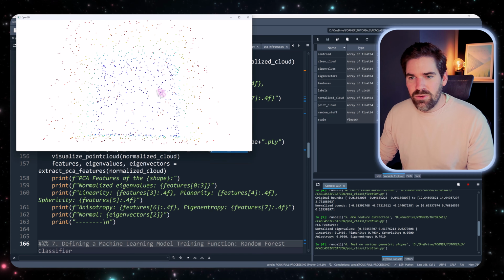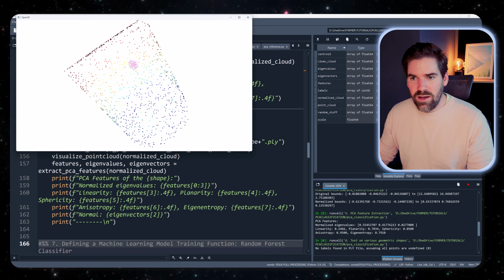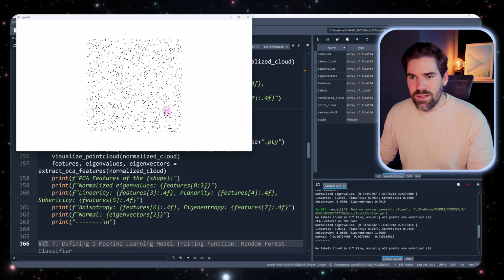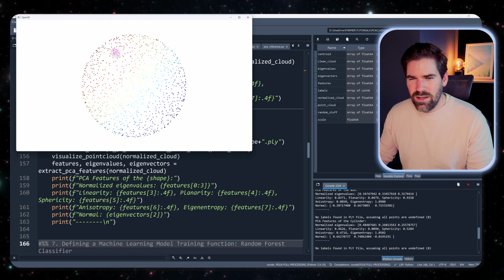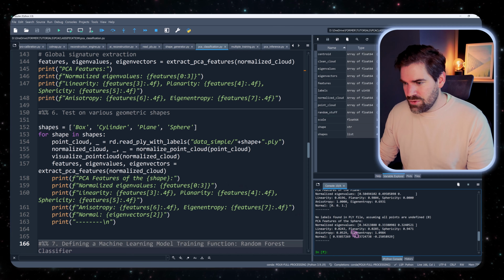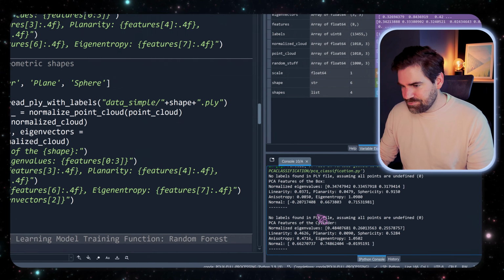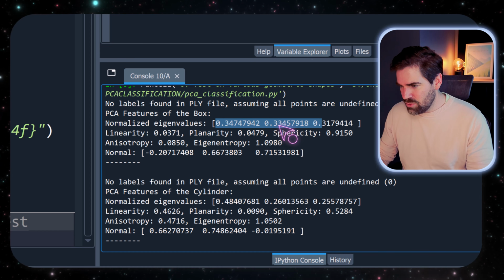So if I do that, you see, this is first the cube. Beautiful. Then we have the cylinder. Then we have a plane. And then we have a sphere. Great. Now I print a lot of stuff. So if we look at the console, first off on the box, we see that we have something close to